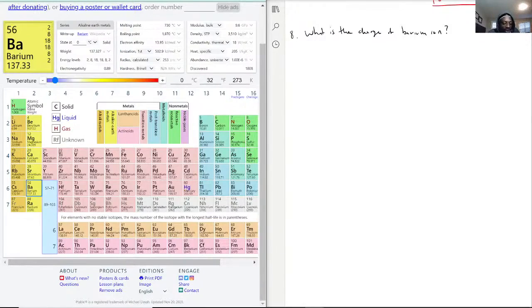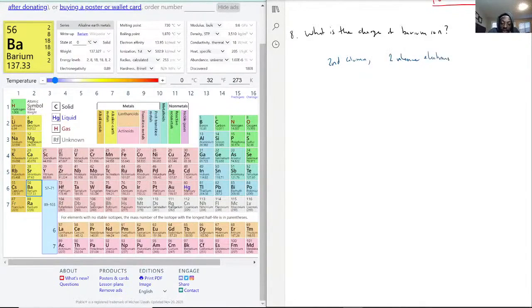So with that being said, okay, to find out the charge of the barium ion, we can actually just refer straight to the periodic table. It is on the second column. Okay, so most likely it's going to have 2 valence electrons